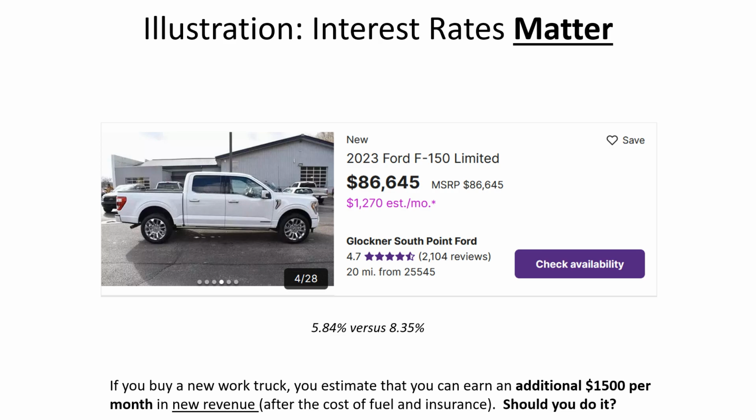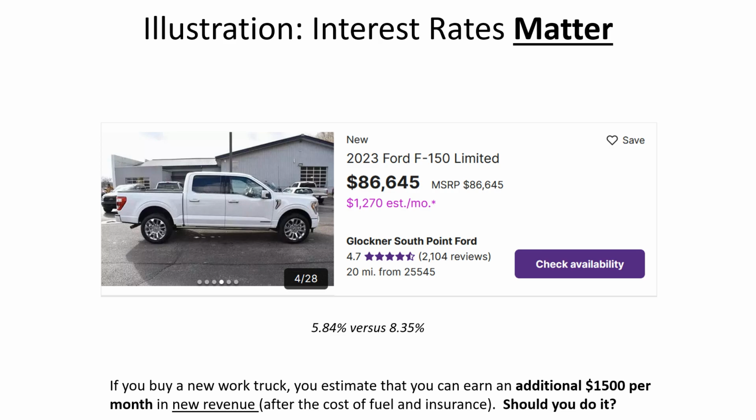$86,645 for that one. And that's just like the starting price, because dealers always have all kinds of add-ons in addition to what they show: the preparation fee and the delivery fee. And sometimes they'll throw in additional profit if you're buying a car that's hard to get. So let's just take them at face value, though, and say, what if we were going to borrow